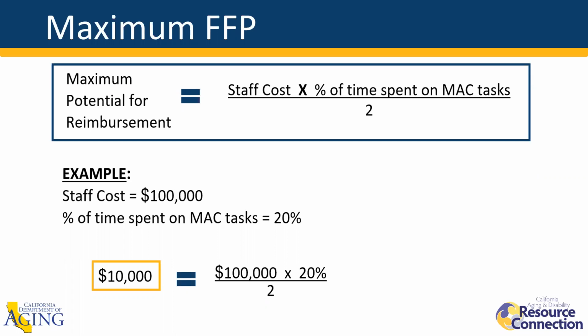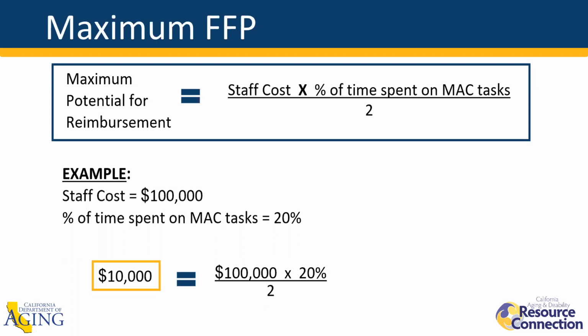Let's also say that during that quarter, she's keeping track of how much time she spends on activities that are eligible for MAC, like providing information on Medi-Cal programs, facilitating Medi-Cal eligibility, educating people on their options when it comes to Medi-Cal. After keeping track of that for a full quarter, let's say that she spends 20% of her time